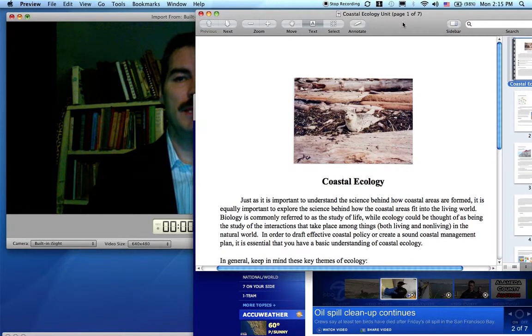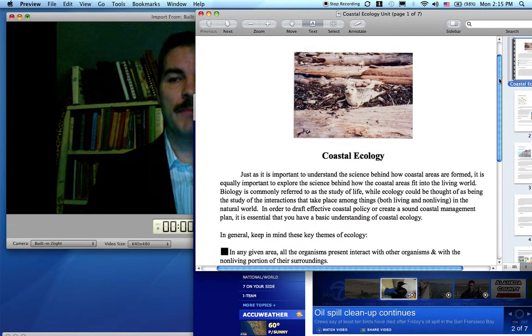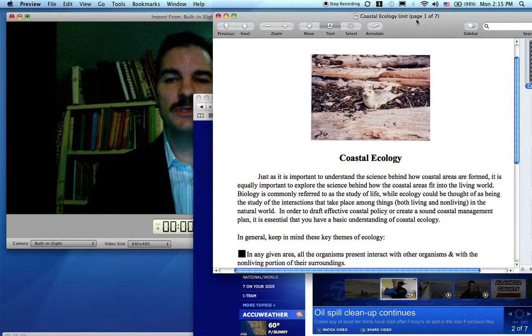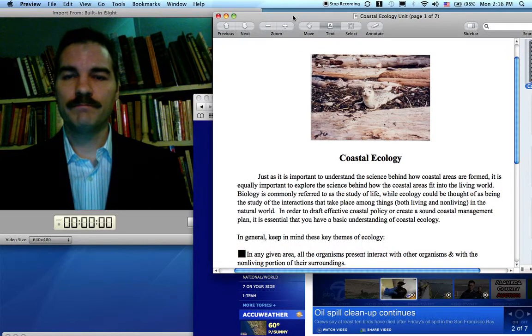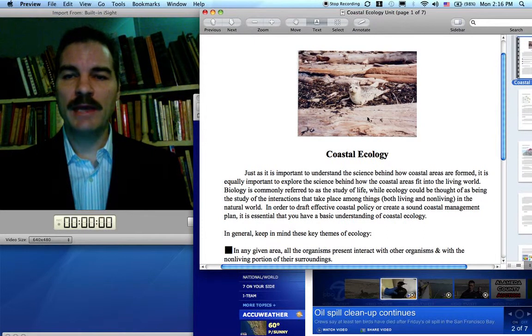This week's theme is coastal ecology. We're going to be starting out with simply talking about the concepts surrounding coastal ecosystems. This particular picture is of a seal pup, which I came across while on the Washington State coastline a few years back. Just imagine it nestled here amongst all these tree trunks and large pieces of driftwood. I was just as surprised to see it as it was to discover us. But a nice little discovery there that particular day.